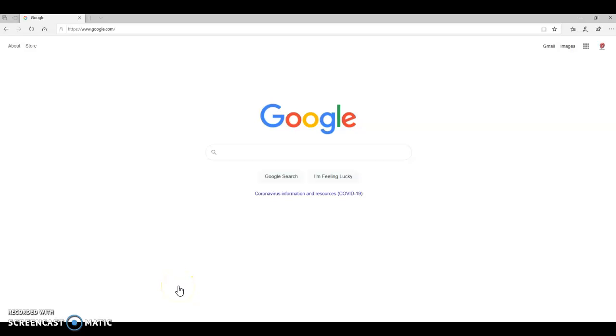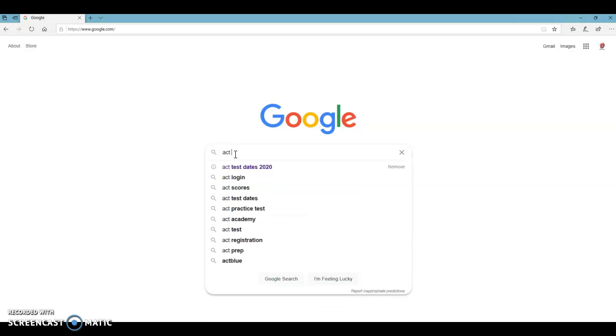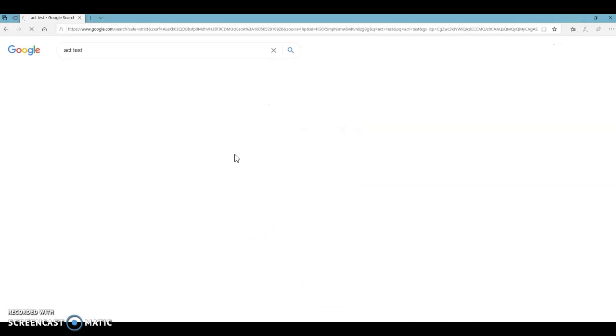Hello. This session today is to help walk through the steps to create an ACT account. Each year, our 11th grade students across Tennessee should take an ACT test. And one of the ways to get that information merged with an account and your name is to create that account. So, very simply, if you go to a Google search and type in ACT or ACT test,